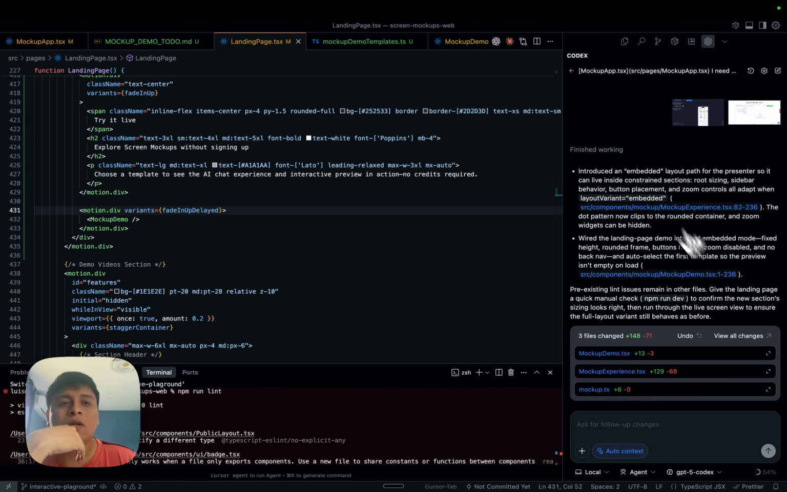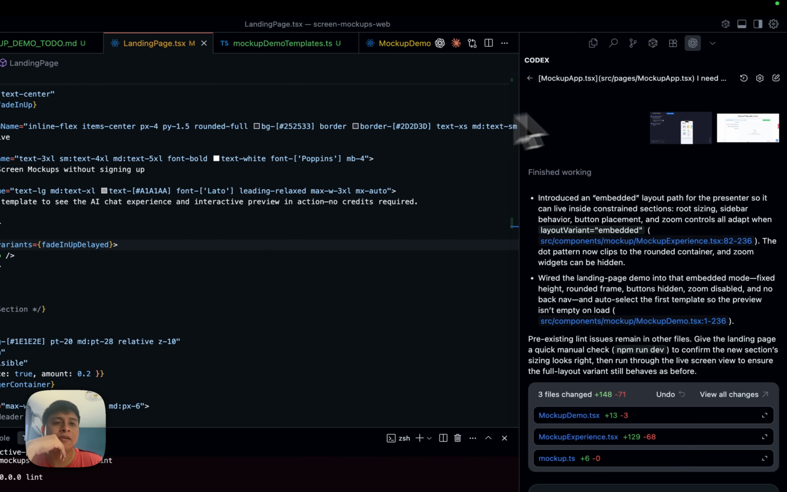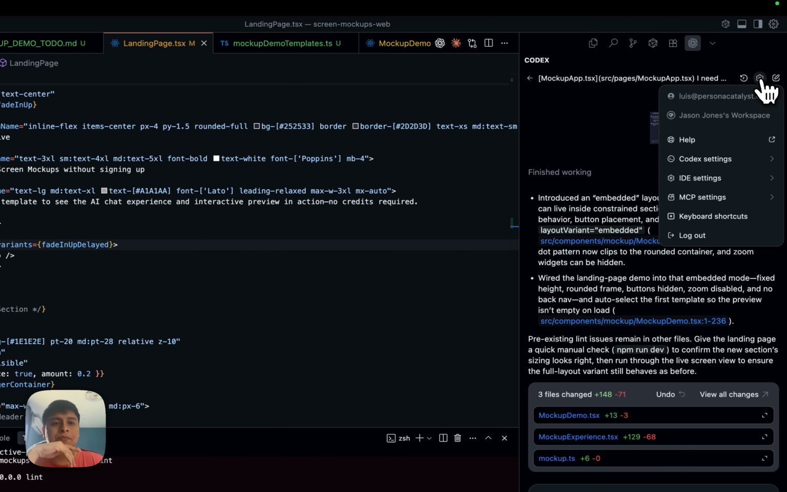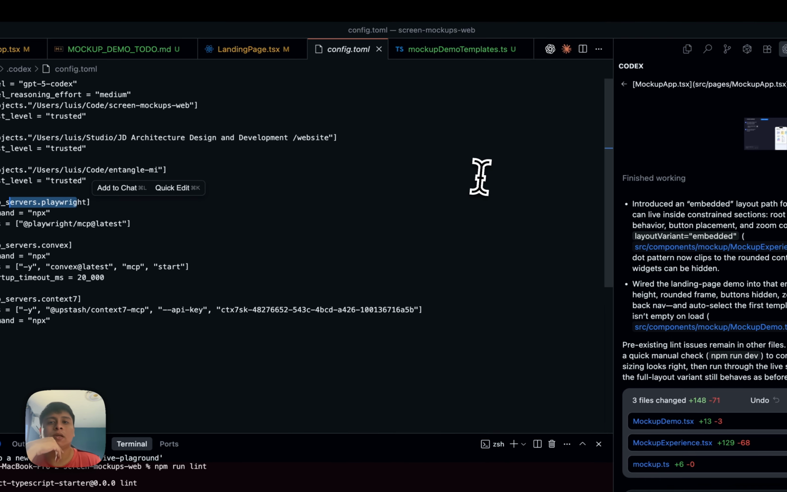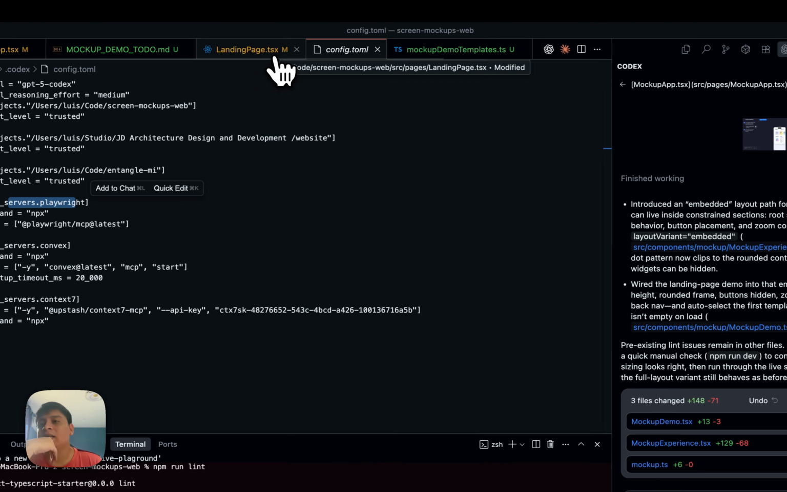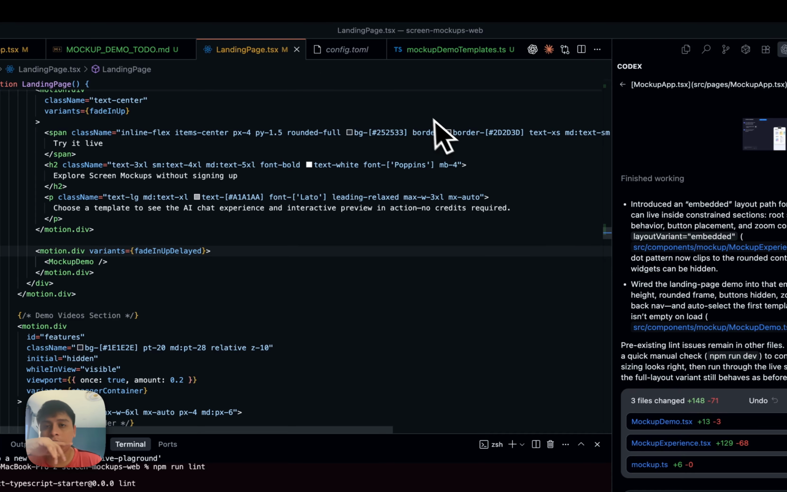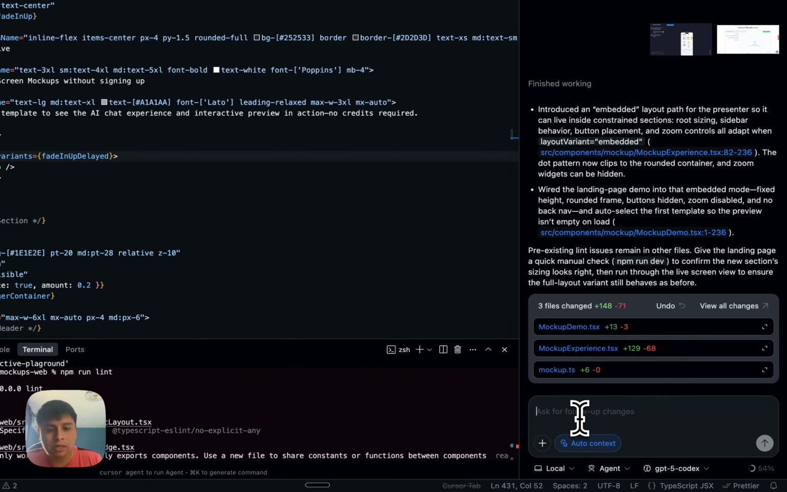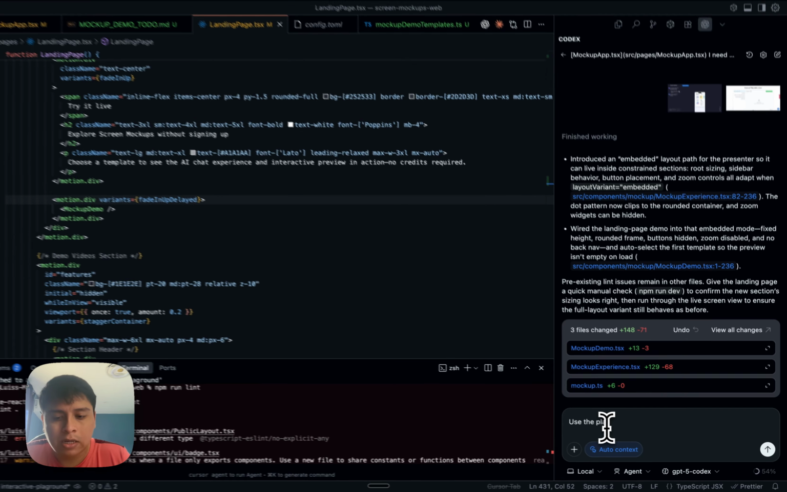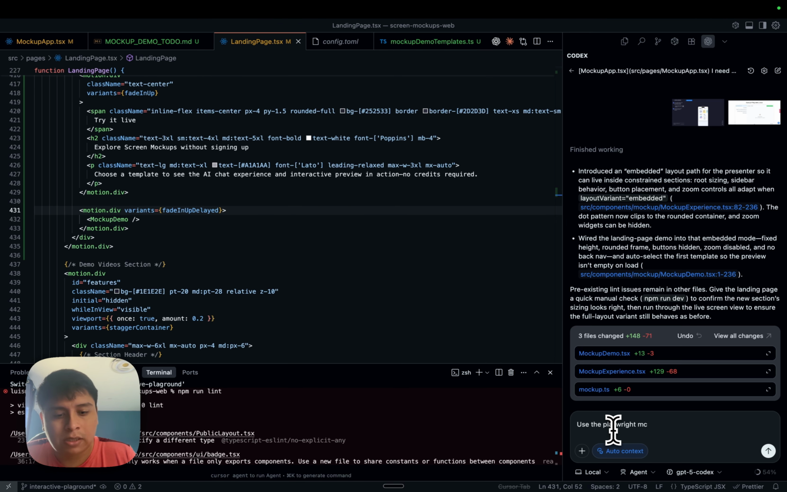And one thing that I noticed is that I actually have MCP configured in Codex. So if I go to MCP settings, I have this Playwright MCP. So instead of taking a screenshot this time, I want to do something different, right? I want to tell it to use the Playwright MCP to look at our app,